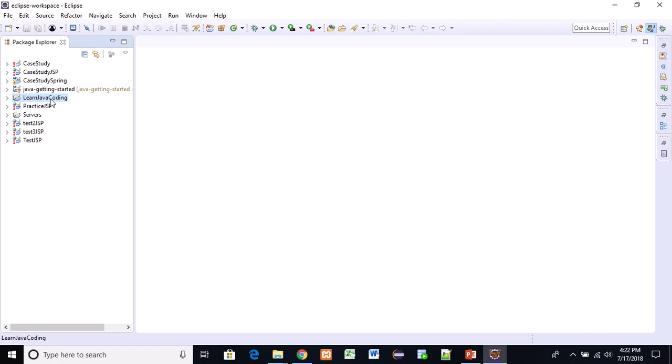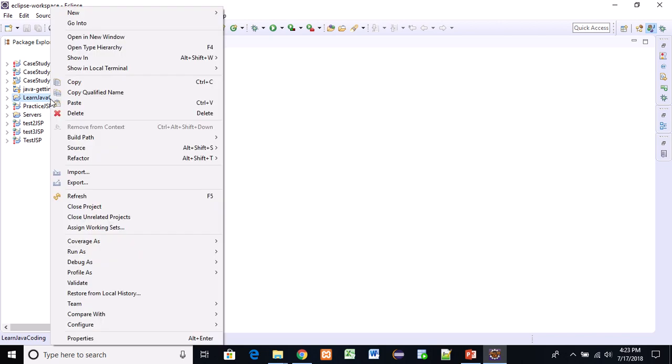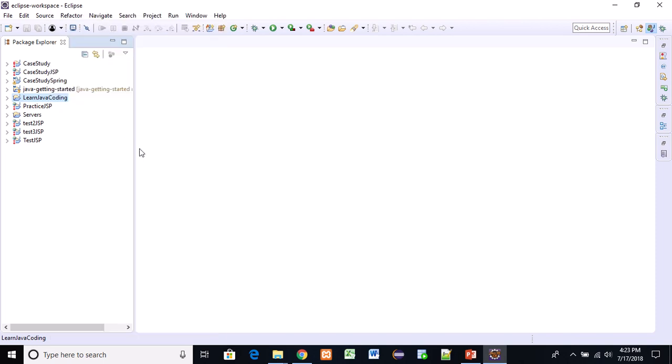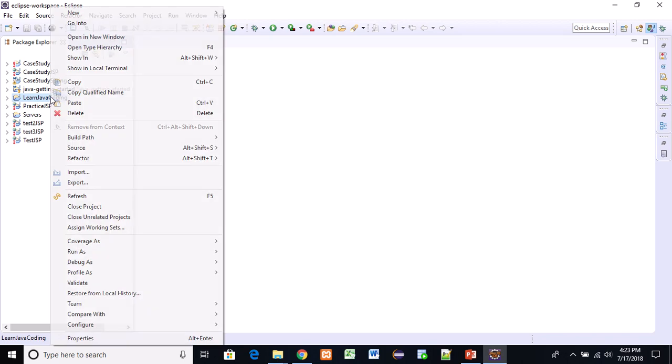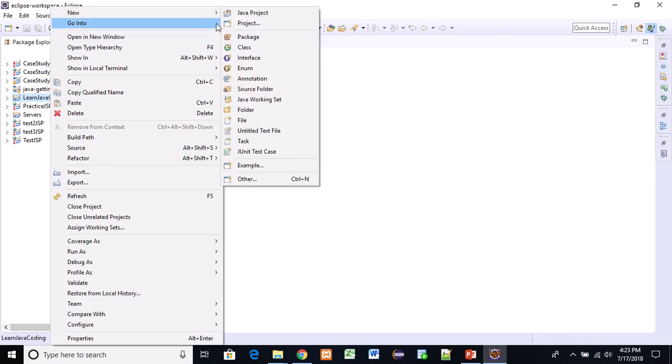Okay, so I have just created a Java project. Next thing I want to do is create a package inside this project. This project can contain many different Java programs, and I'm gonna group them into packages. So my first package that I'm gonna create, what I did was I right click on the Java project, and then I'm gonna click New Package,